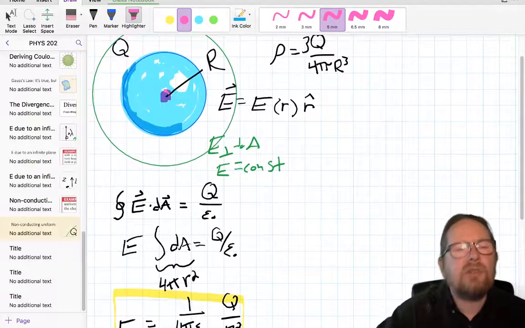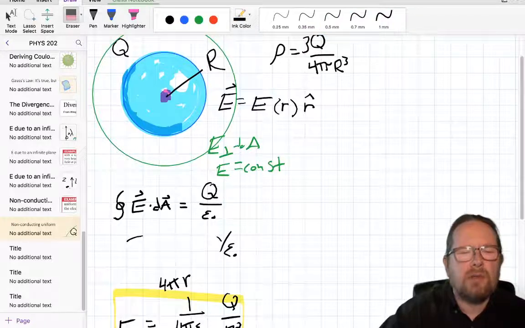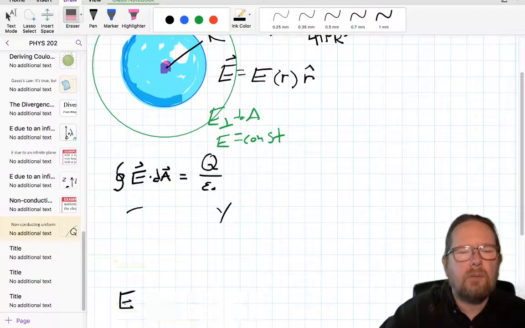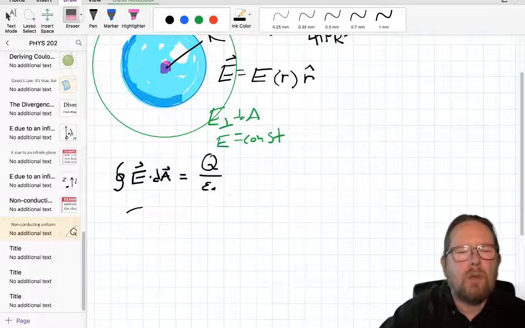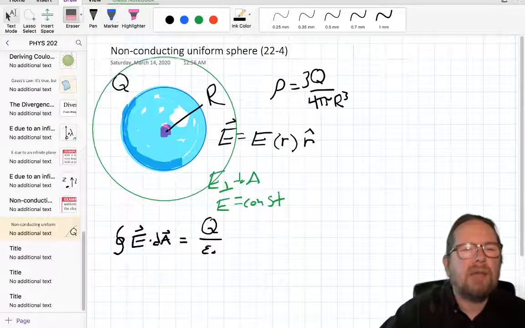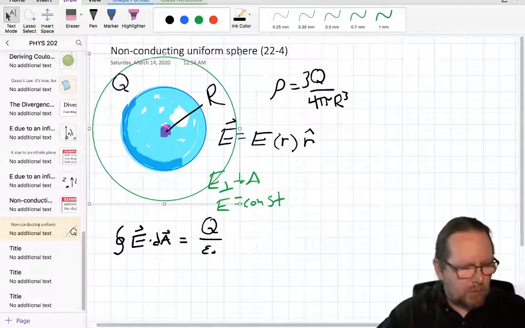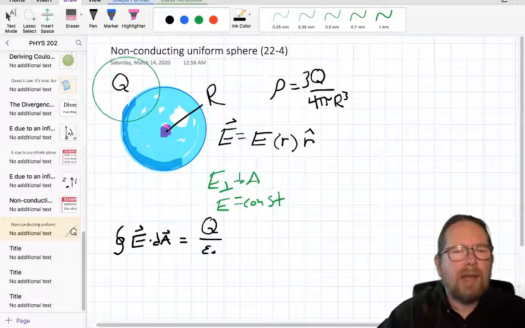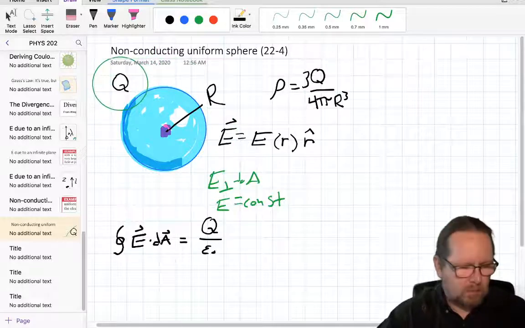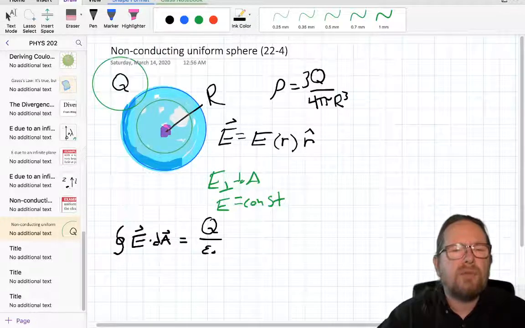Inside the sphere, the situation is a little bit different. So let me actually just erase all this. Back up. We still want to choose a sphere as our Gaussian surface. It is still true that the problem has a spherical symmetry, and it is still true that if we put a sphere